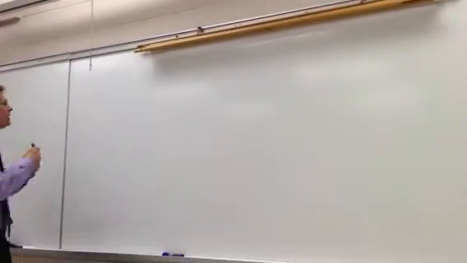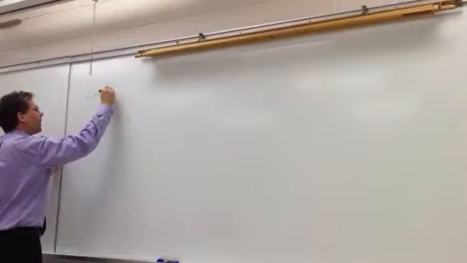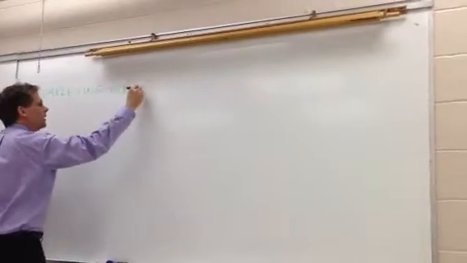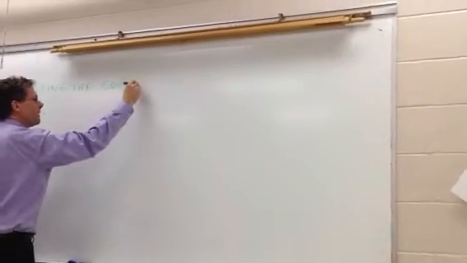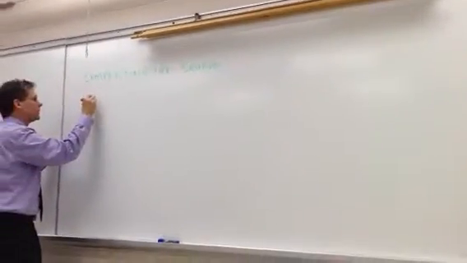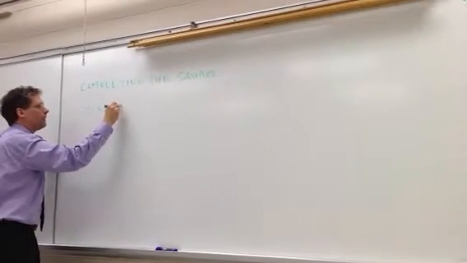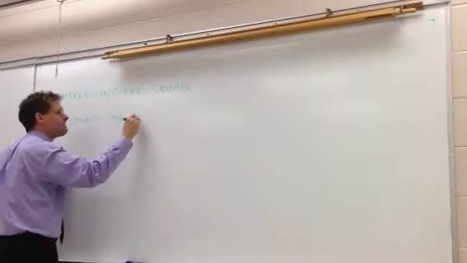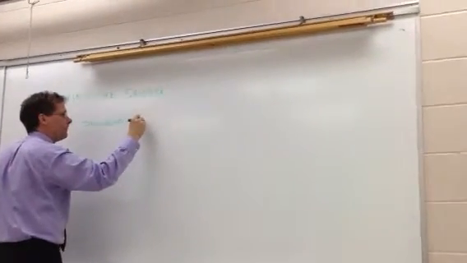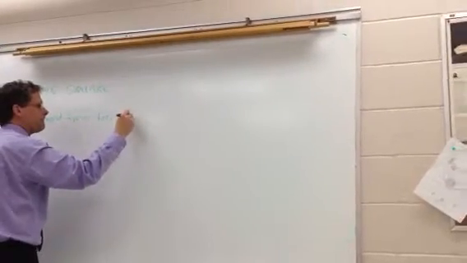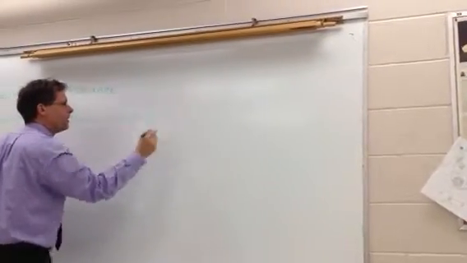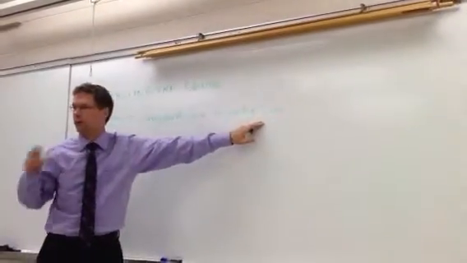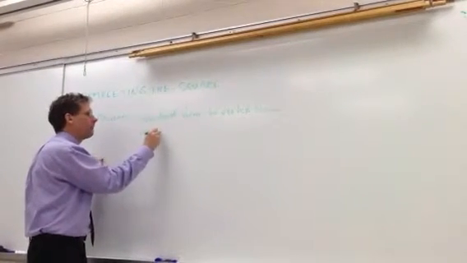Okay, we're going to learn completing the square. And what completing the square does is it converts standard form to vertex form. So that's the key thing that you need to understand. It converts from standard form to vertex form. So we start with something that looks like this,